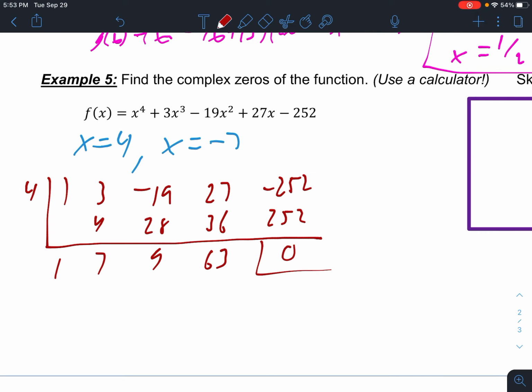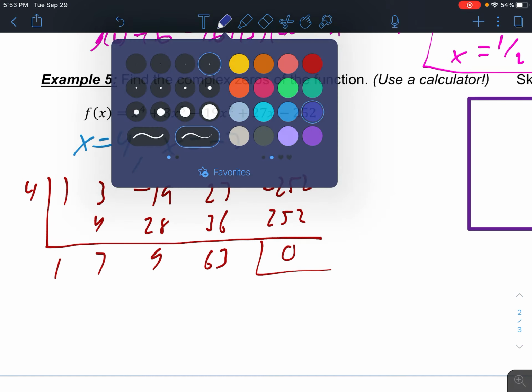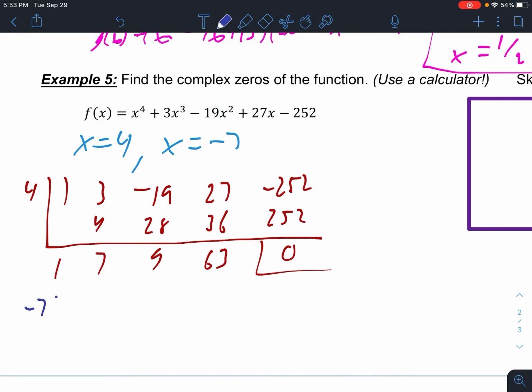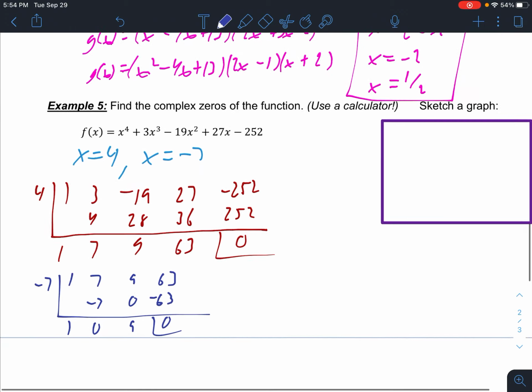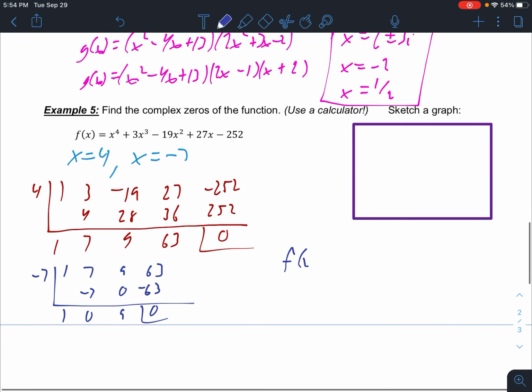And we did. Keep going. Now let's use negative 7. Again, we should get 0 for this. And we did. So now I can write f of x as